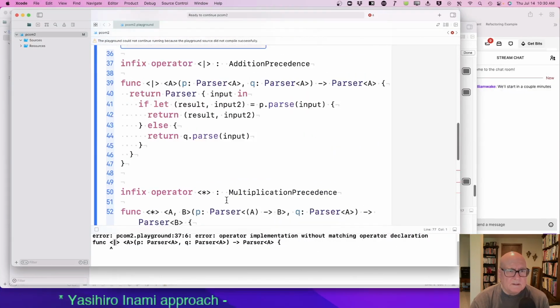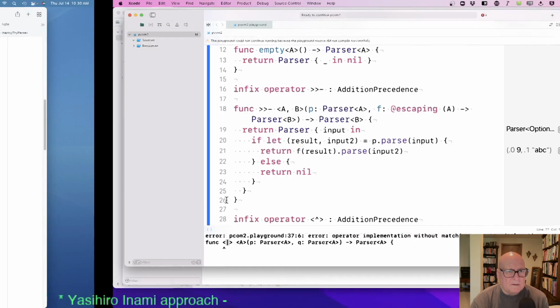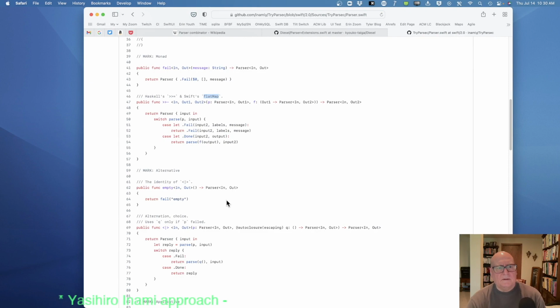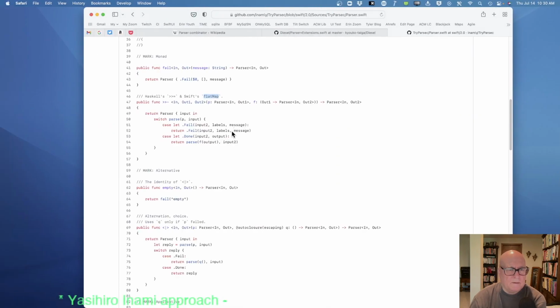This is not what we're seeing here. I think he's, well, he's genericized over input as well as output, I guess.